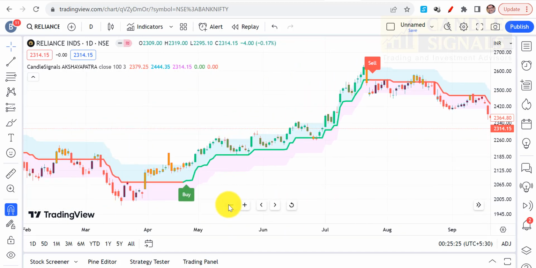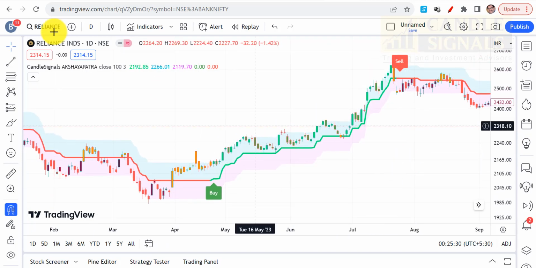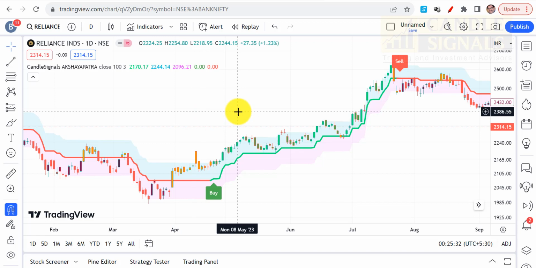Okay. So what you have to do is send us the screenshot of your username, clearly showing the username. Type it separately in the email. Send us your transaction details of the payment done. Also mention your name and mobile number. Within half a day, my team will get back to you. They will activate access in your account based on your username. They can activate access on TradingView website to Akshay Patra, and they'll send you a confirmation mail saying